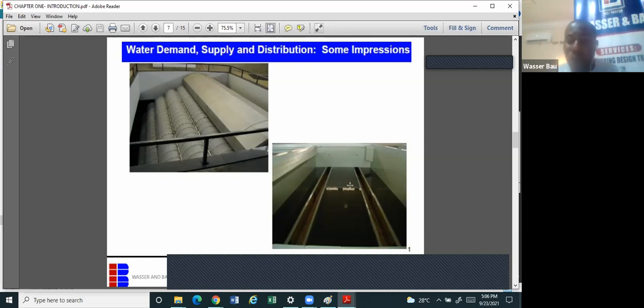I'll not say much about that because I'm not doing wastewater treatment. Then on your right is a filtration bed. What you have here is something like a trough. This is how water,